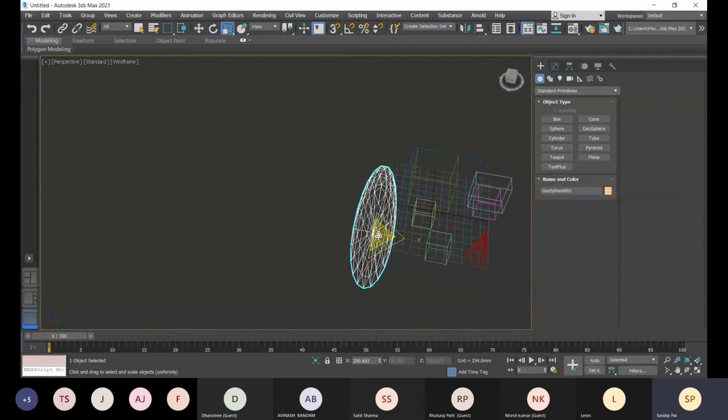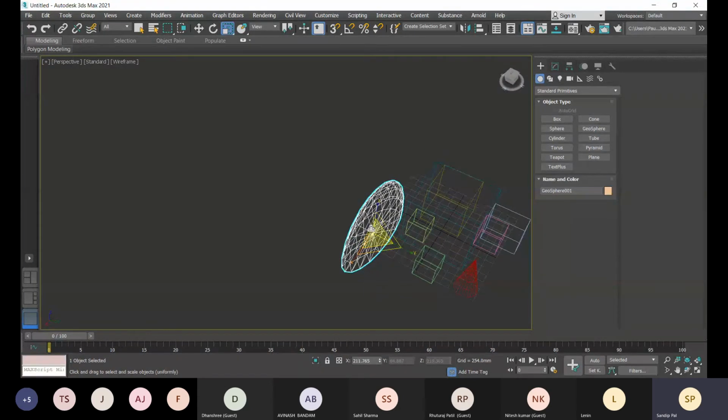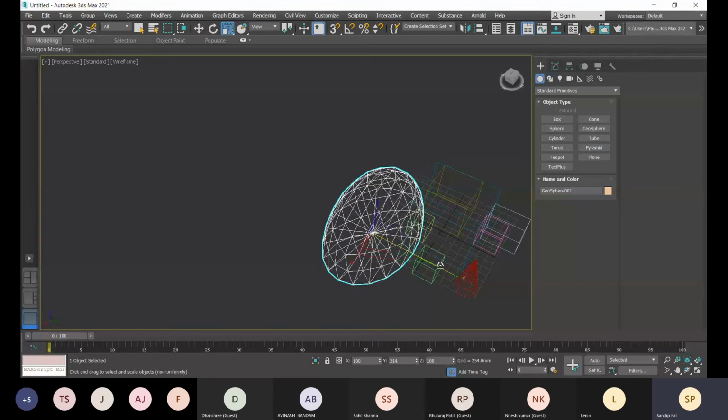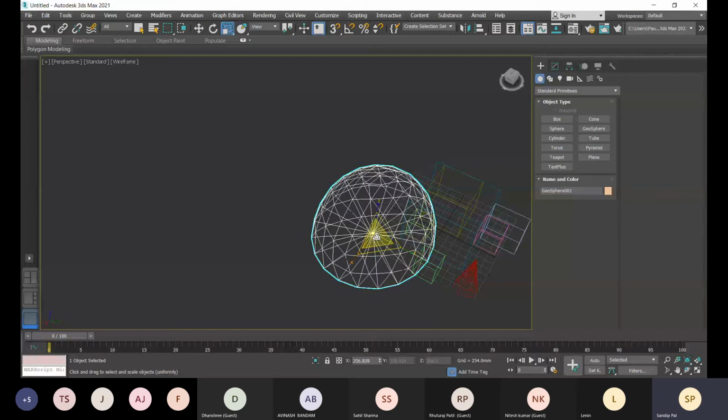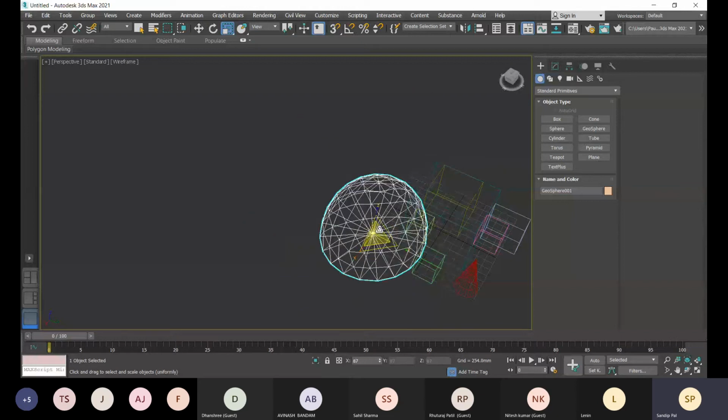If you place your mouse in the middle of the scale, it will be equally scaled. Now you see it will be equally scaled.